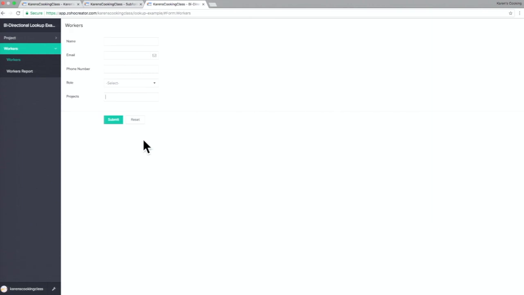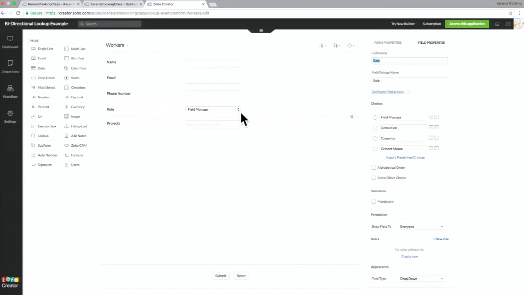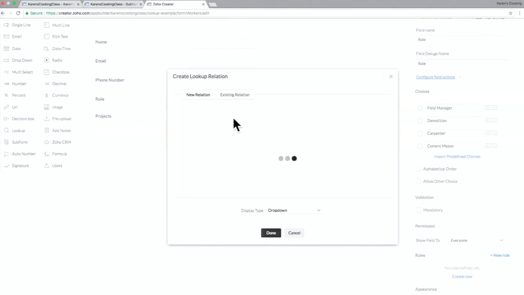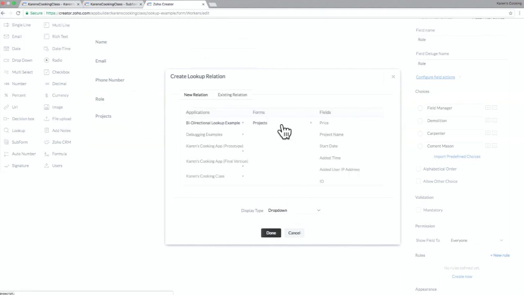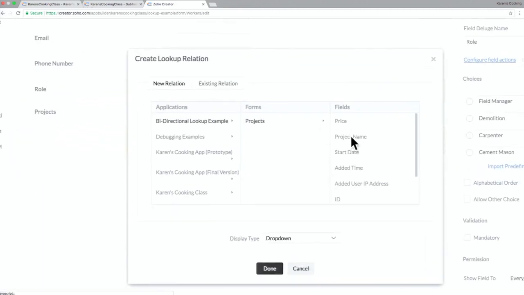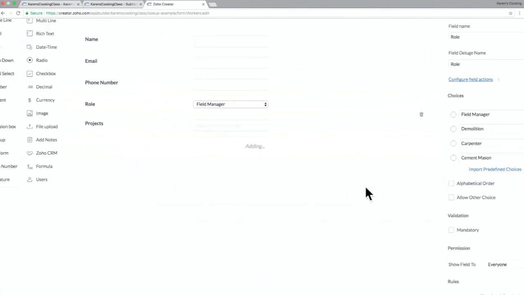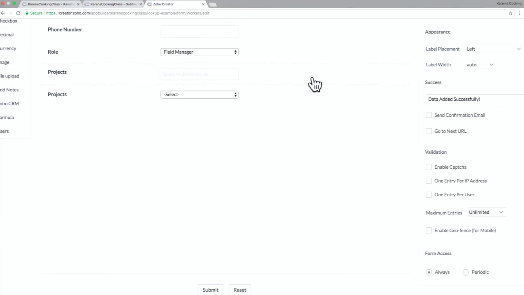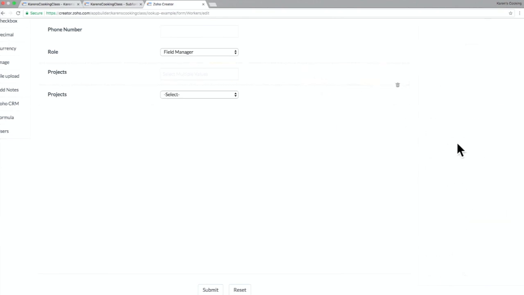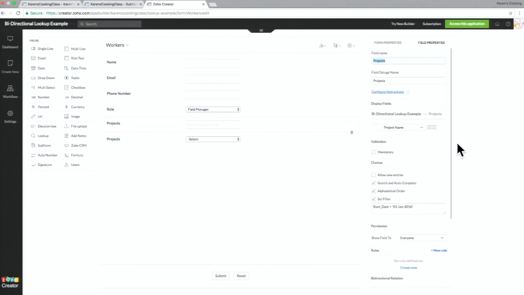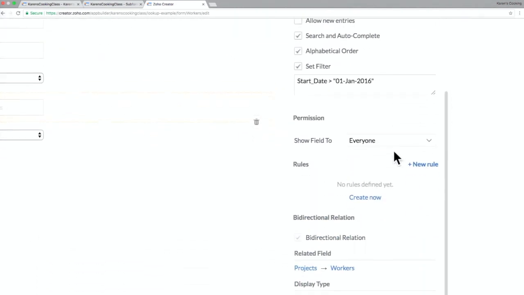One is you could just manually go to each form, and you could drag on whatever lookup field you want to drag on. And the other thing you could do is we could drag on a lookup field, and I'm just going to recreate this one for looking up projects since this example is already fully built. But maybe we want to look up the project name here, right? And then what we could do is, okay, so when I select our lookup field, which we've already added, if you look over on the right,